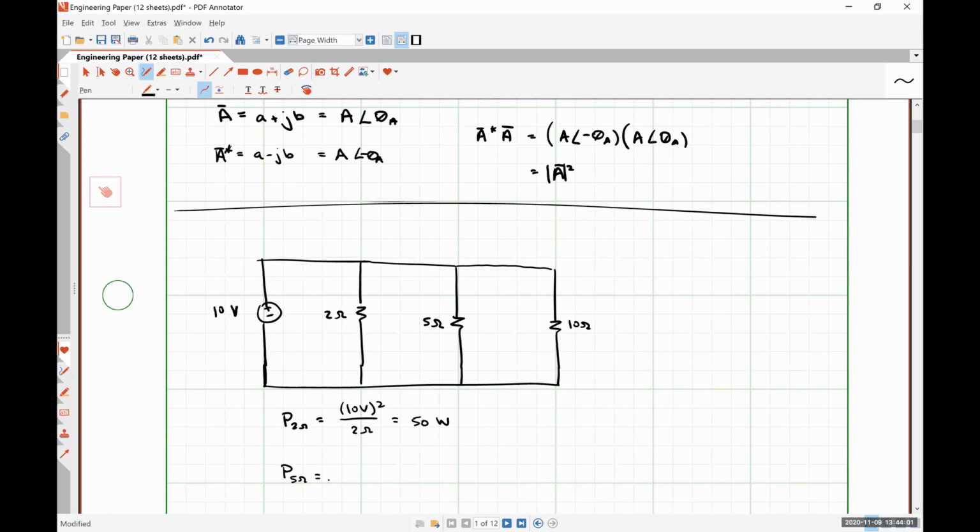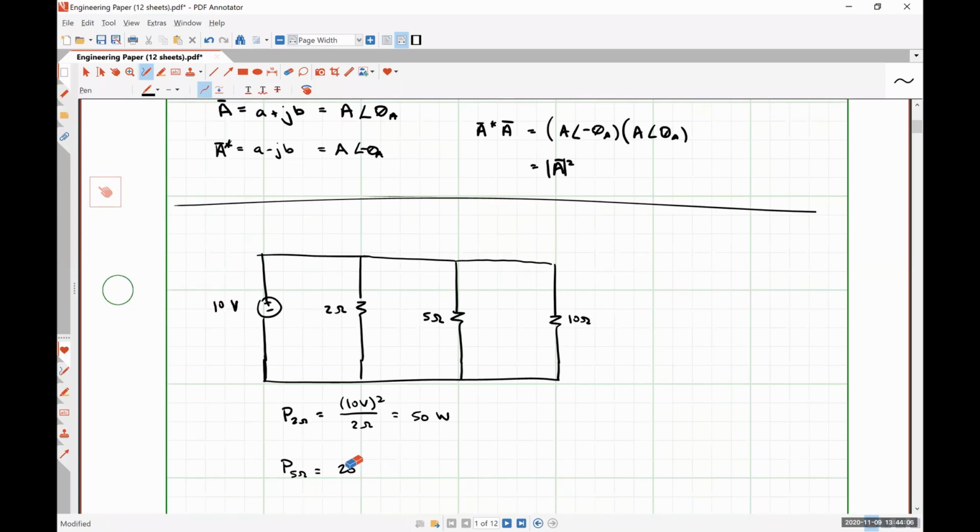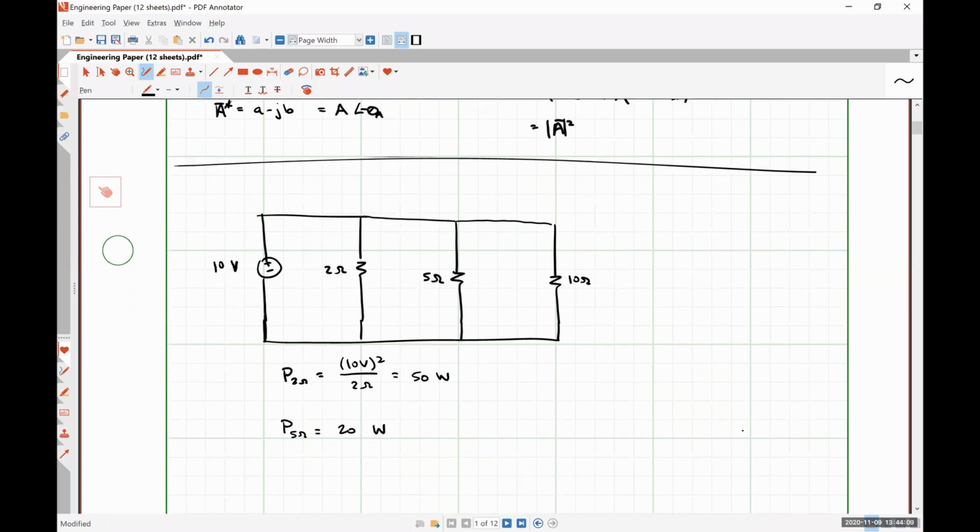All right, so 100 over 5 is 20. Sorry, 20 watts. And the 10 ohm resistor? 10. So we know that there is a total of 80 watts being absorbed by our three resistors. How much power is our source supplying? Right. Do we need to prove that? Right. Effectively, the question is